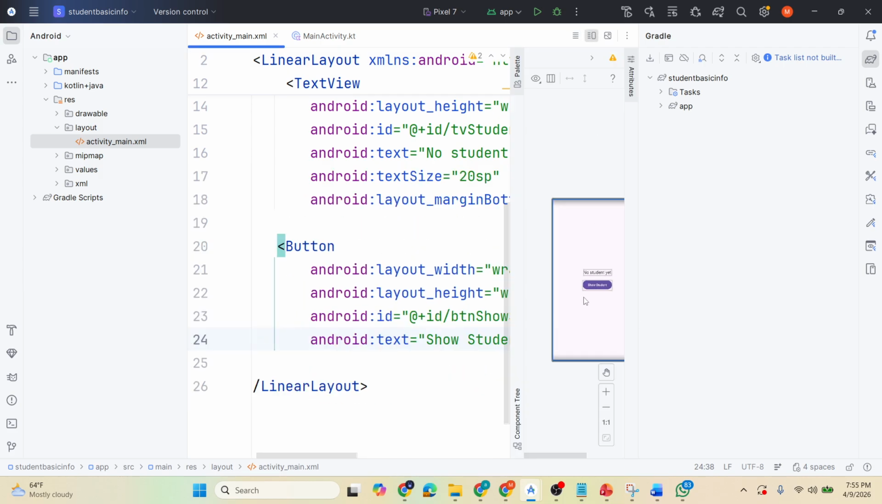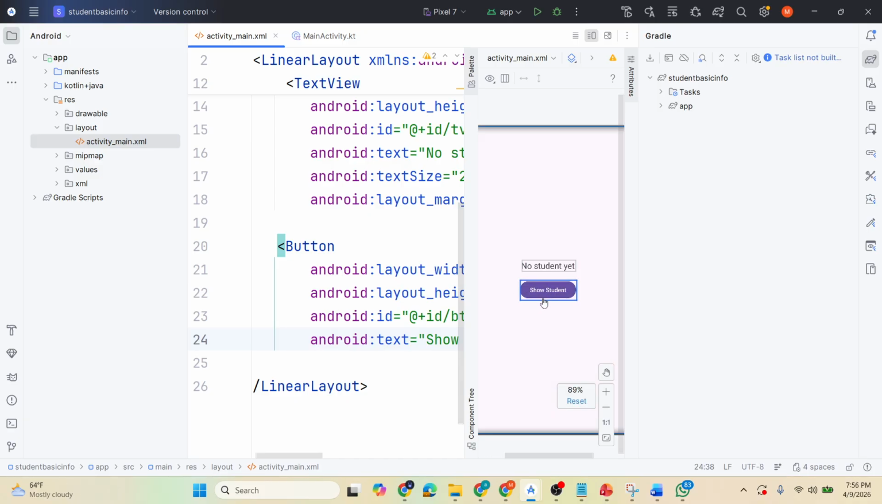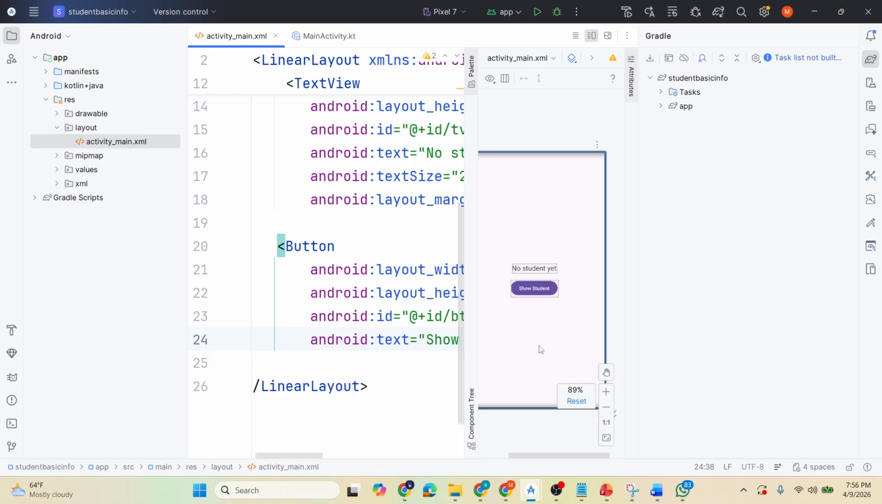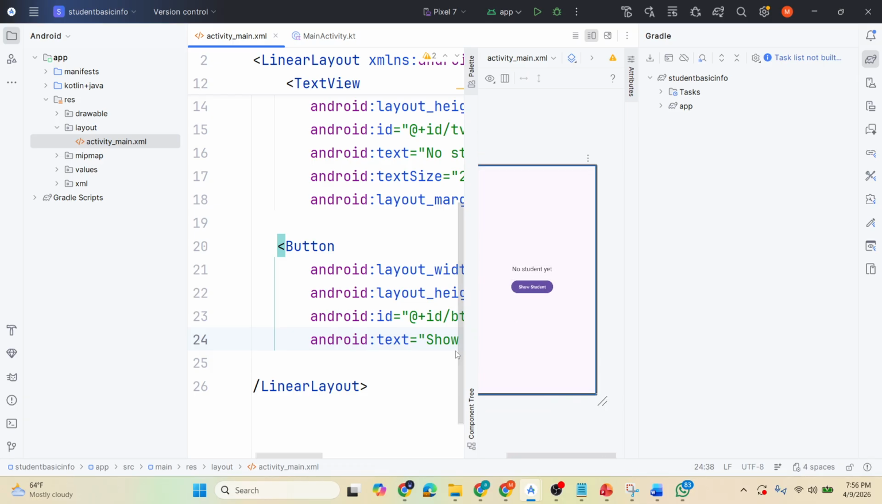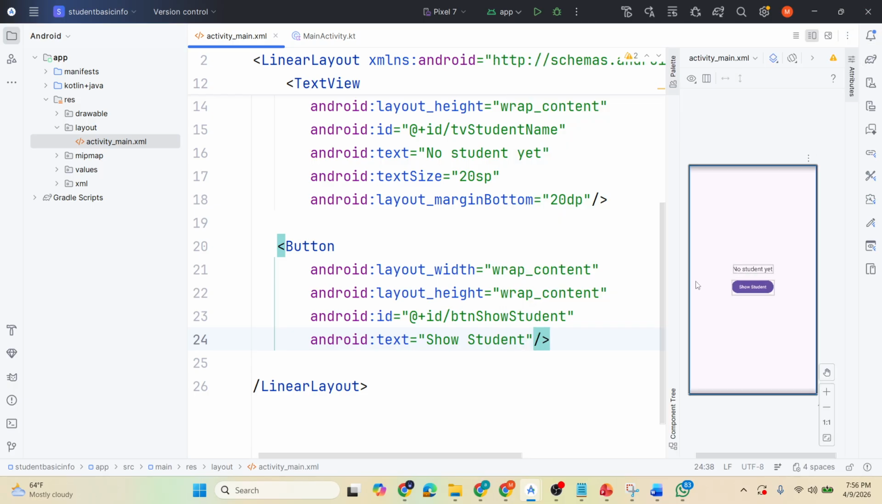Let me show this layout to you. See, it's a view in the context of model view controller. You can see here we have a button and a text view. So this part is called a view. So we have defined a view, and now let us define